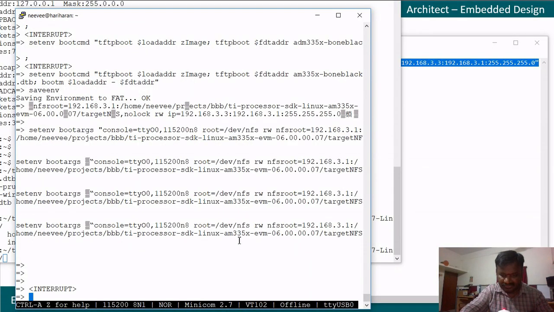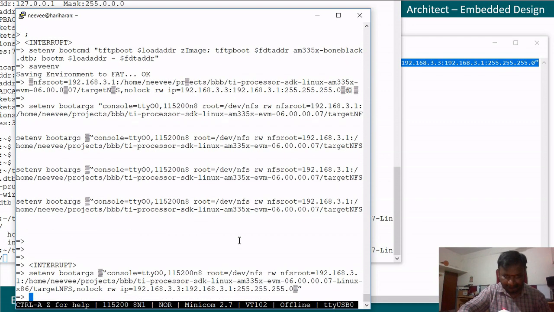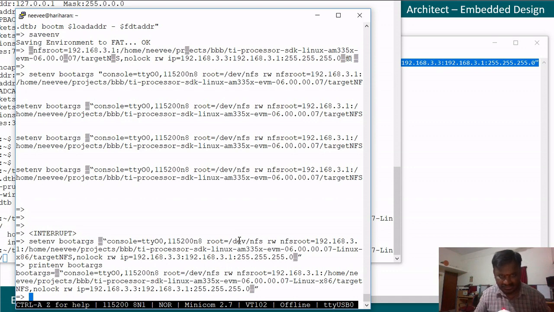And shift function insert, yes, and we can confirm that whether the value got set properly. Print env bootargs, yeah, and there is a gap